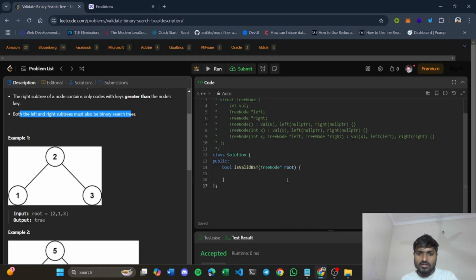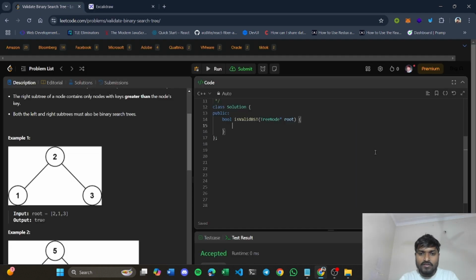So let's come to the solution here. First of all, we will create a vector of type int, answer vector, to store the in order traversal. Now, we will call a function in order, which will do the in order traversal. Let's create that function.